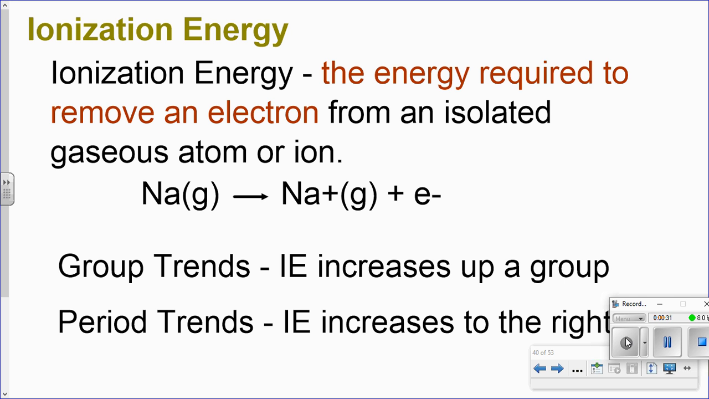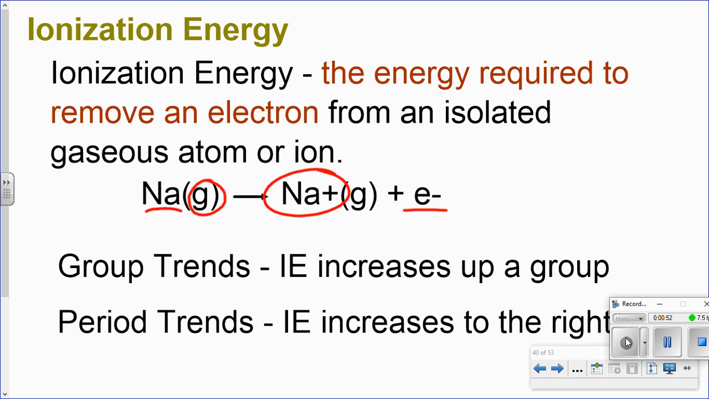Now notice the definition goes on to remove an electron from an isolated gaseous atom or ion. So notice I have the sodium atom. Okay, it's in the gaseous state. So in other words, it's completely removed from its neighbors. It's the single lone sodium atom, and I've removed an electron, giving us a plus charge, a positive 1